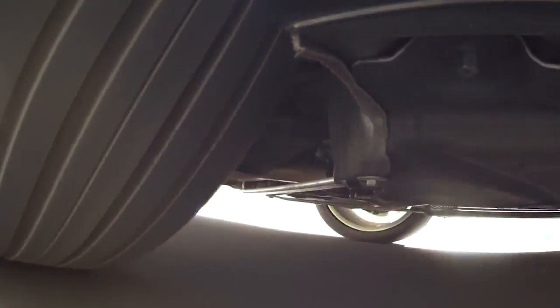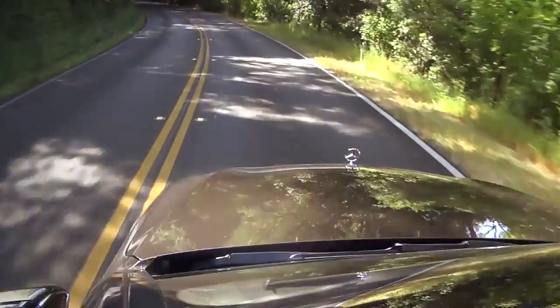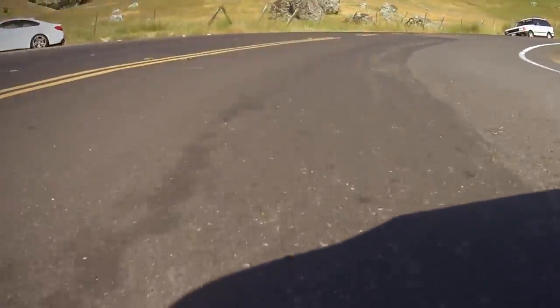The adaptive suspension on this car is not just mechanically based, it uses a camera to look at the road and to know when there's a big bump or divot coming and pre-adjust the suspension, not wait for the impact